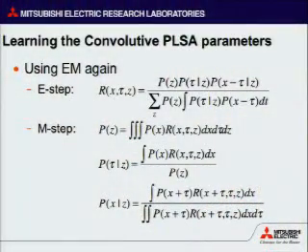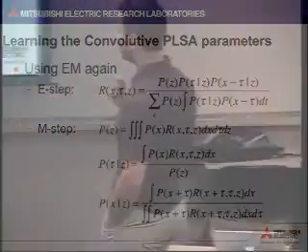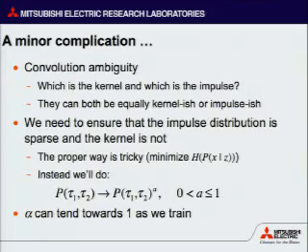There's a minor complication when you start moving to the 2D case, which is it's not clear what becomes an impulse and what becomes a kernel. So if you think back to the character example, I said I have these little patches that replicate left and right. If those had enough freedom to replicate up and down as well, I would basically be convolving two images. Now, which one would end up being the character and which one would end up being the little impulse? It's not something that's predefined. It could be either one.